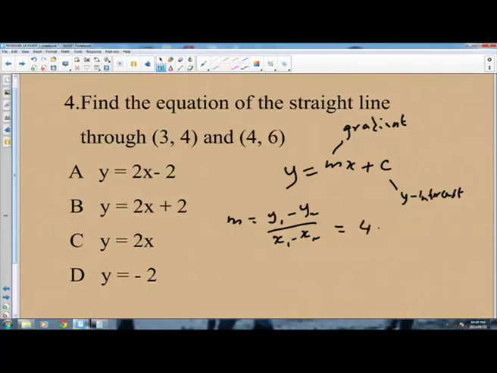4 minus 6 divided by... is this 4 minus this 6? So it's 4 minus 6 divided by 3 minus 4. Is this 3 and this 4? So it's 4 minus 6 divided by 3 minus 4. This will be